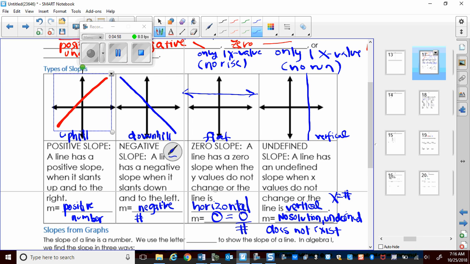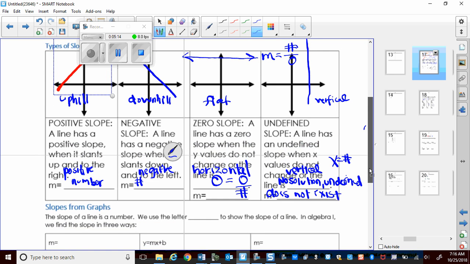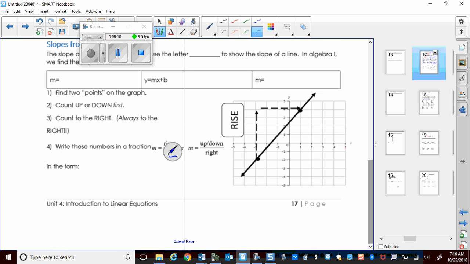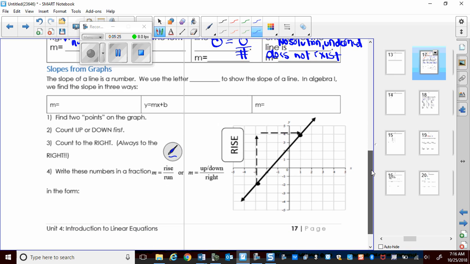You might also see the slope being this way. m equals some number divided by 0. When I have some number divided by 0, I get an error and thus produces the undefined slope. Okay? Now, what about slopes from points? How do we get slopes from points? Okay? So slopes from graphs occur